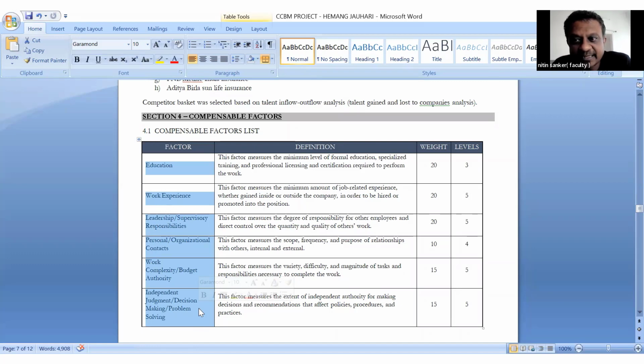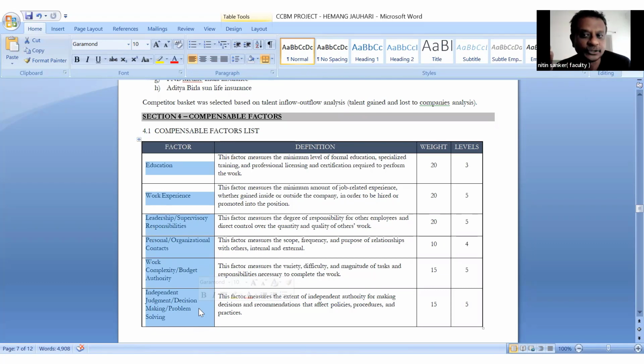So in some companies, it could be I want to reward creativity. In some company, it could be that I want to give more money for people who are very strong on leadership. I want to give money to people who are very good at giving customer service to customers. I want to give the aspect of customer service. So you select whatever are your factors which you believe you want to encourage in your company. Are we okay till step one?